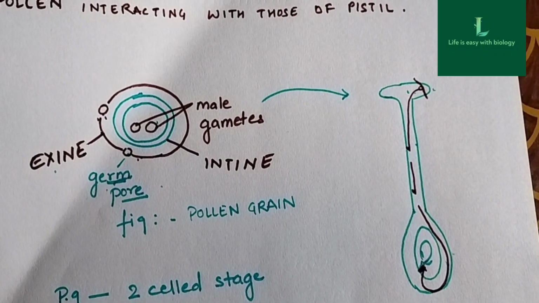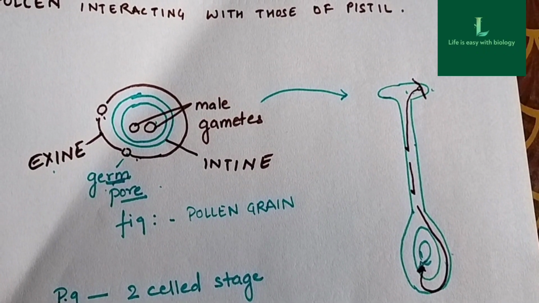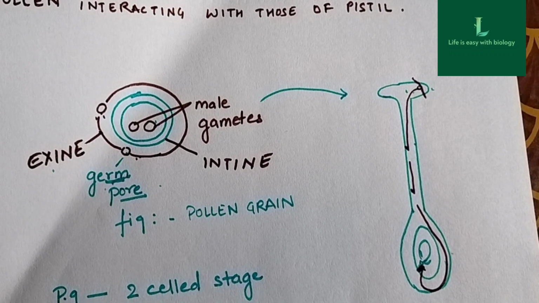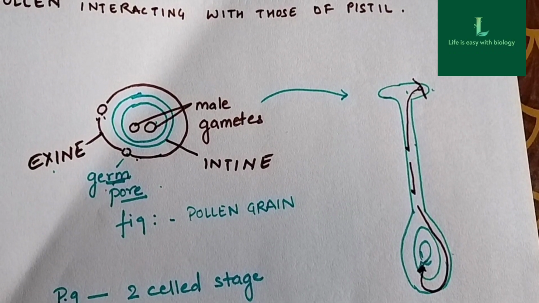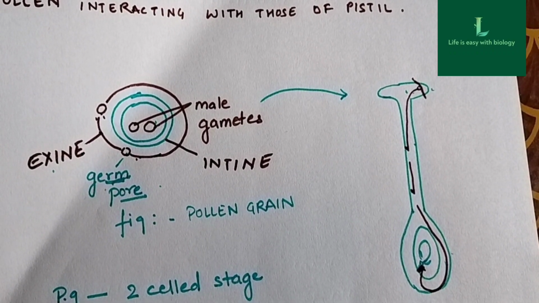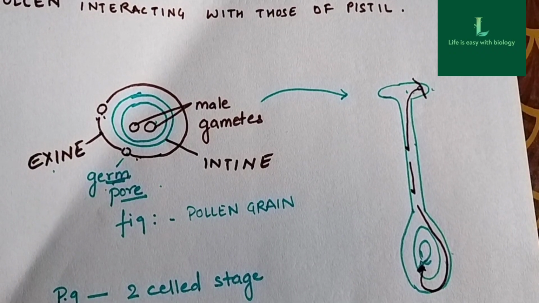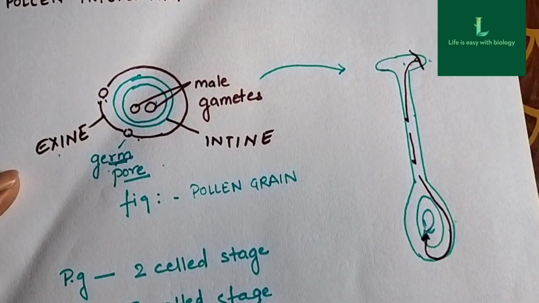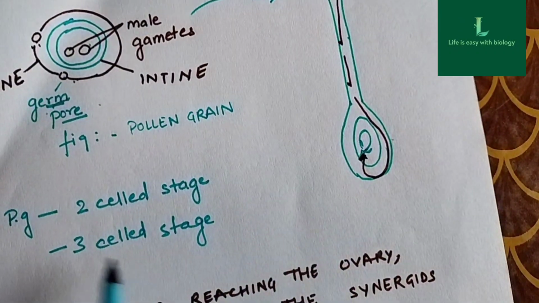Now see students, pollen grains are shed at 2-cell stage or 3-cell stage, which we have already discussed in our video when we were studying about the pollen grain, कि pollen grain में 2-cell stage मतलब generative and vegetative cell है, तो 2-cell stage में होगा. और अगर generative cell में mitotic division हो चुका है, generative cell खुद को divide कर चुका है 2 male gamete में, then it is the 3-cell stage. With the proper diagram I have explained this to you. So this is the 3-cell stage.